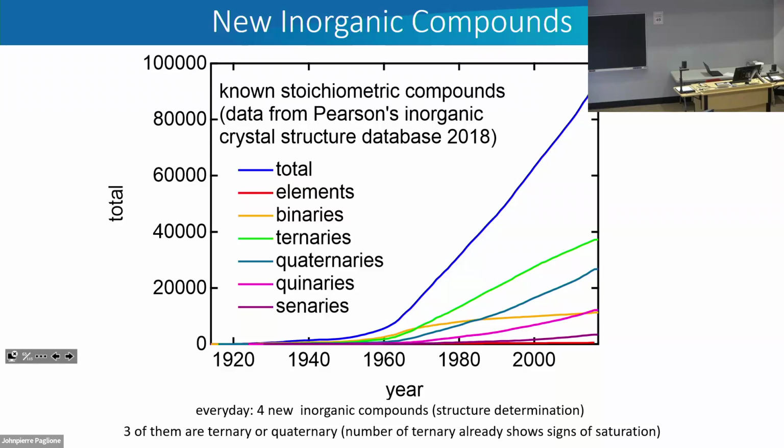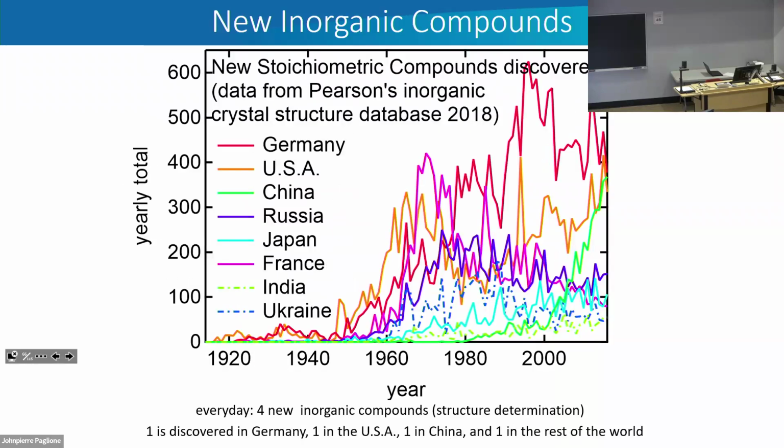Okay? Now, I even had fun and look at which countries are doing this. Okay? So, used to be that USA was the best in the 60s. France also used to be good. Nowadays, Germany, USA, and then look at this curve. China,